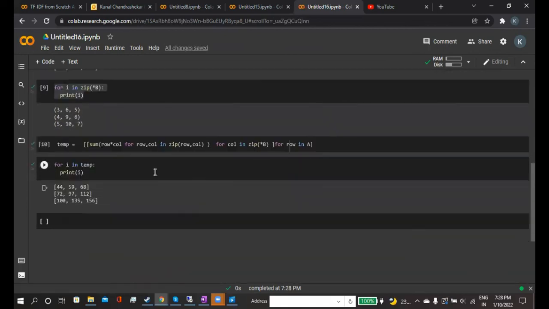So this is the magic of our Python language. This zip functionality and list comprehension might be tricky to understand, but once you practice list comprehensions and zip functionality, you will be able to understand this particular code as well.